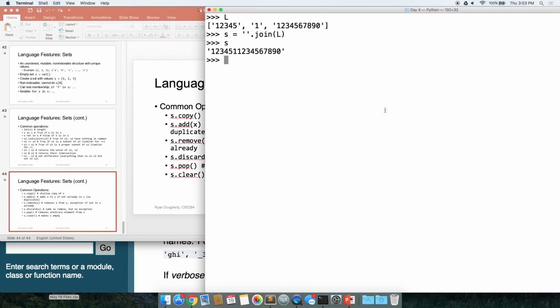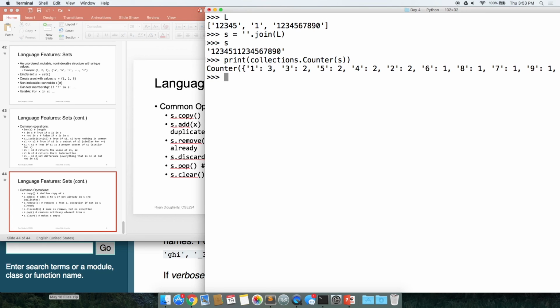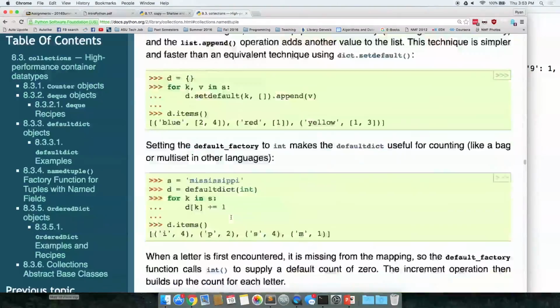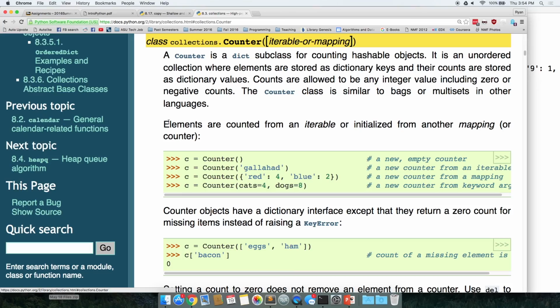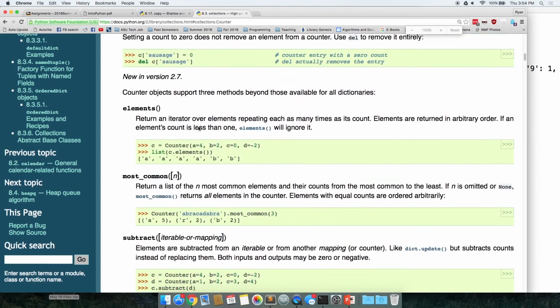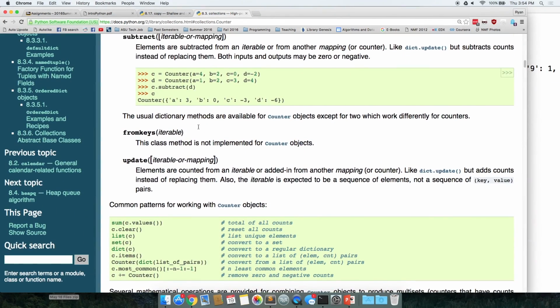So now I can do print collections.counter of S. And then it'll do the entire thing, which is equivalent to adding everything all at once. But I believe there is a method for doing this explicitly. So if we go to the counter doc, you can do